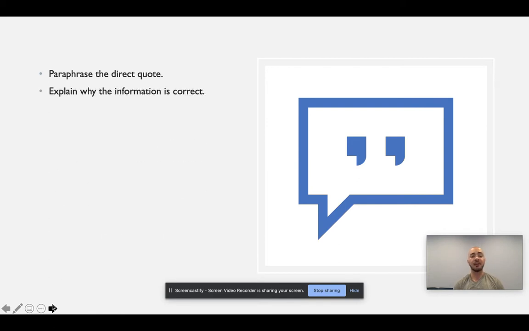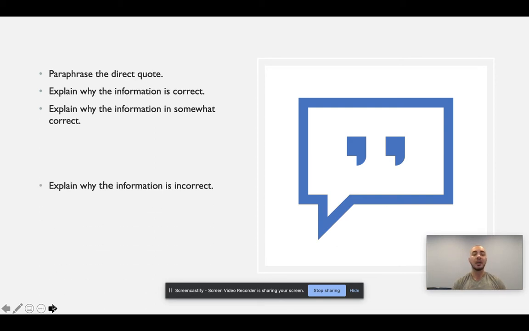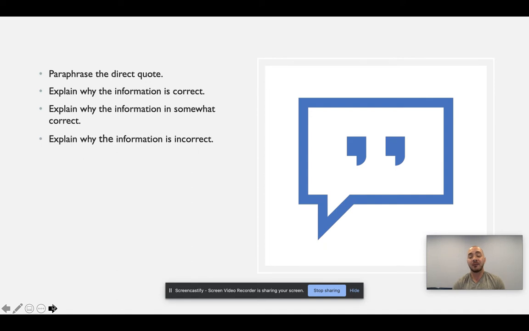Another thing you might do is explain to the reader why you agree with the source material. Why is it correct? Similarly, you might discuss why the information is somewhat correct, right? When so-and-so writes X, they are somewhat correct and somewhat incorrect, and then explain why. You might also explain why the information is false or why you disagree with it.